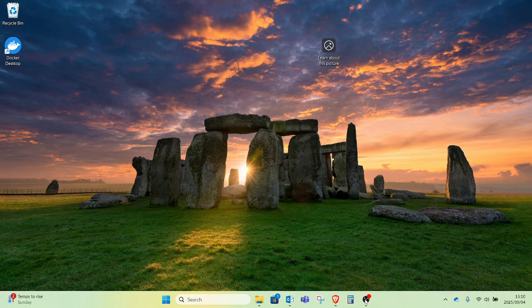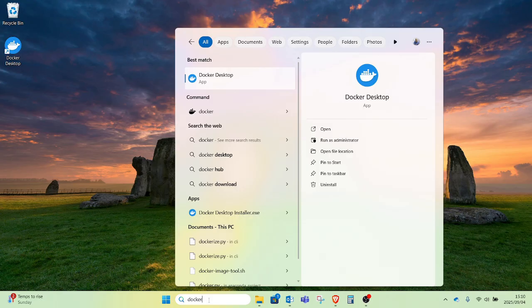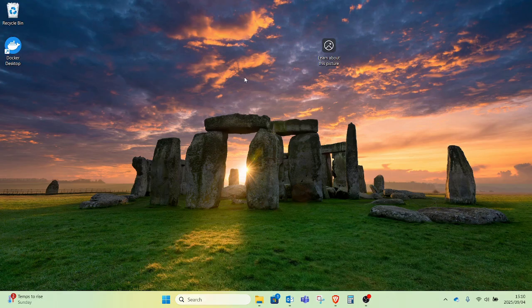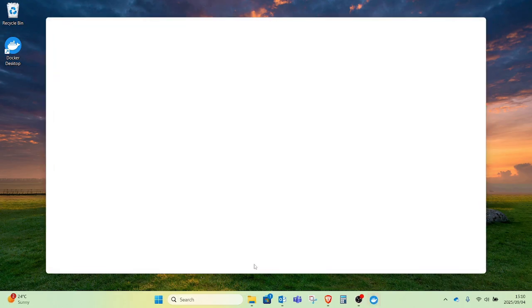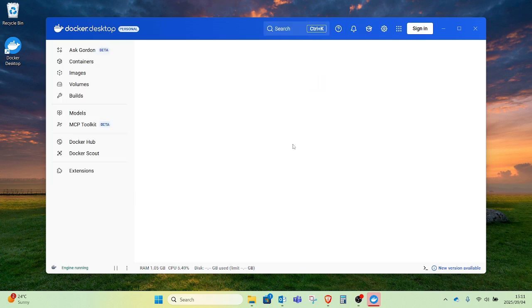So I'm going to head over to my Cassandra environment here. I installed Cassandra on Windows, and I'm using Docker as the environment in which Cassandra is running. So I need to have my Docker instance running for me to be able to run my Cassandra instance. So my Docker engine is starting there. And when it starts, I can just minimize it and head over to the command prompt to start my Cassandra